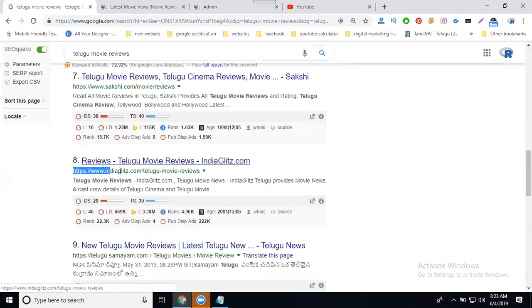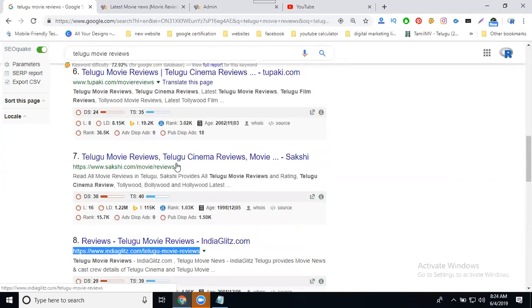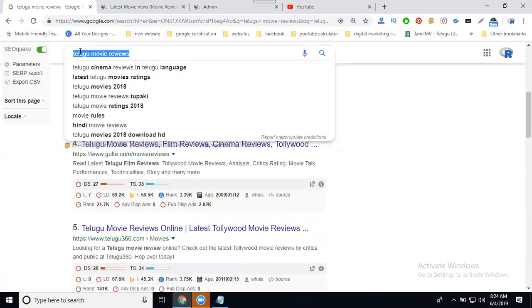So which one? URL structure. Which Telugu movie reviews. So any company will be checked, find out by your option, search by keyword. So anyone,